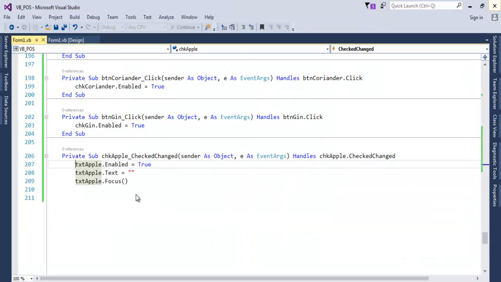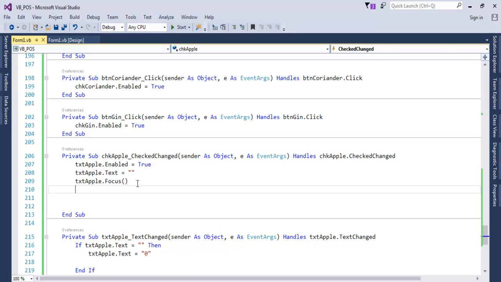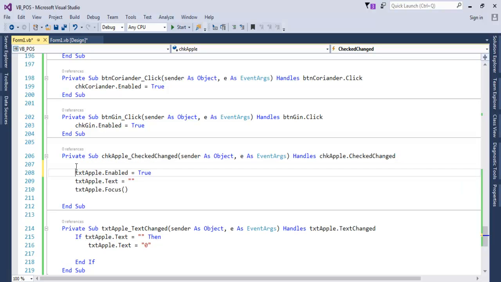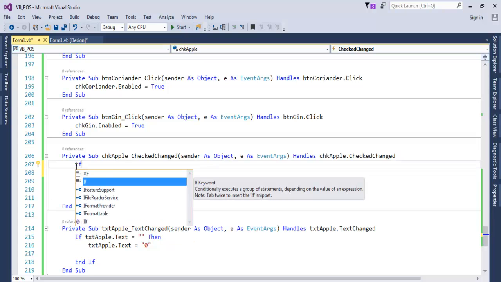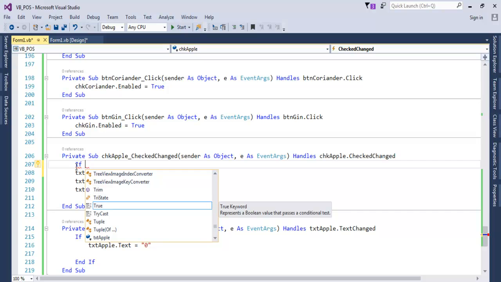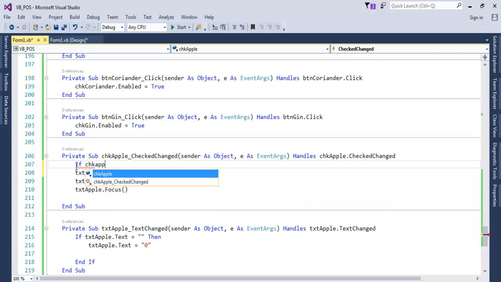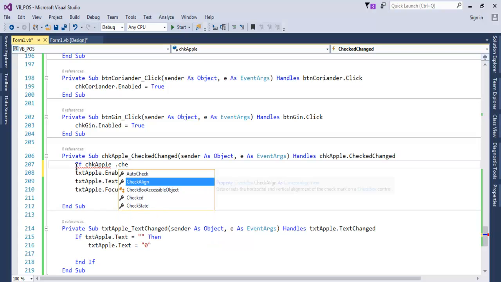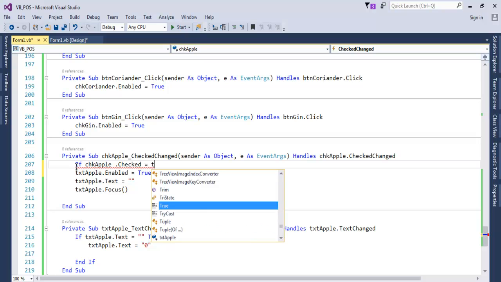Okay, I think I'm doing something wrong. Oh, let's change the whole program. Let's use an if statement to validate what's going on. If Apple.checked equals true,